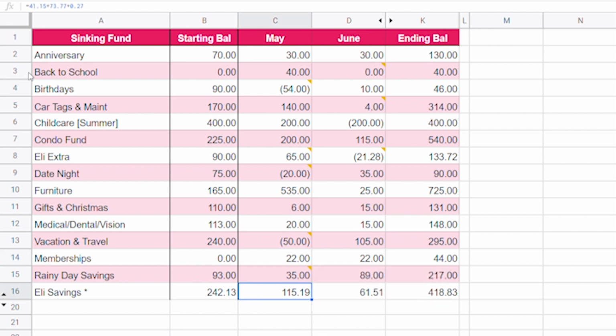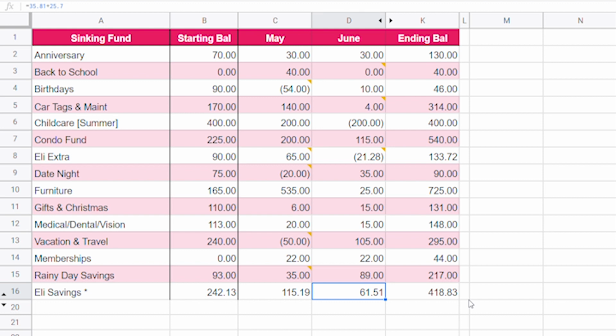So in May, we added $41.15 the first paycheck, $73.77 the second paycheck, and I also go ahead and add in the interest that I get for having the account. It's on a monthly basis, but it's really small. I know I need to look for a different account, but I'm not really in it for the interest. I'm in it for the long-term, savings and accountability aspect of it. So we got 27 cents in interest for May for a total of $115.19, and then in June the $61.51